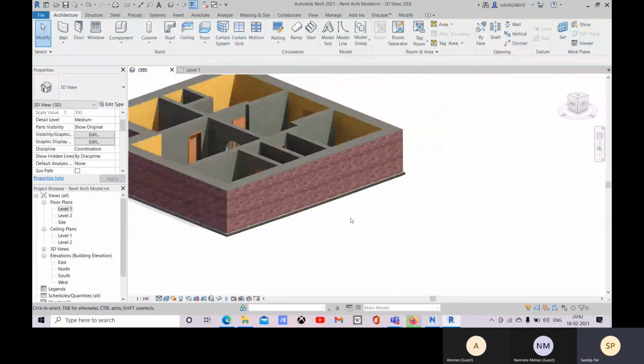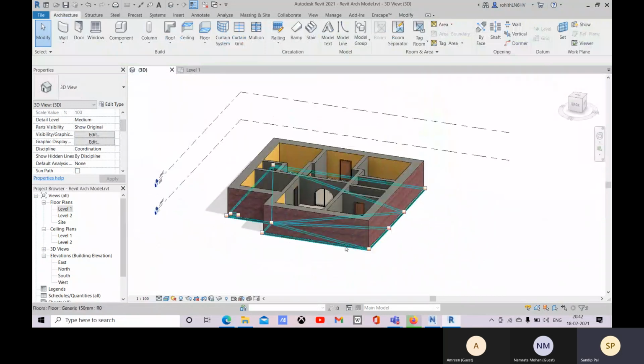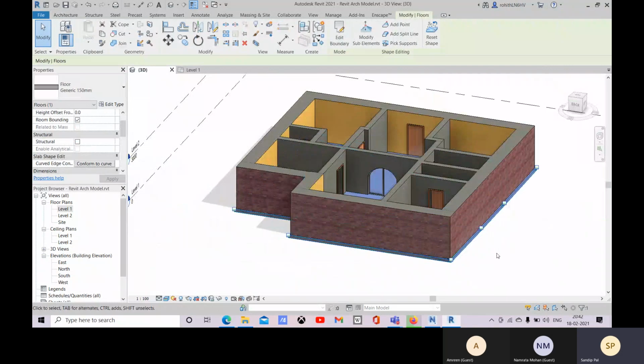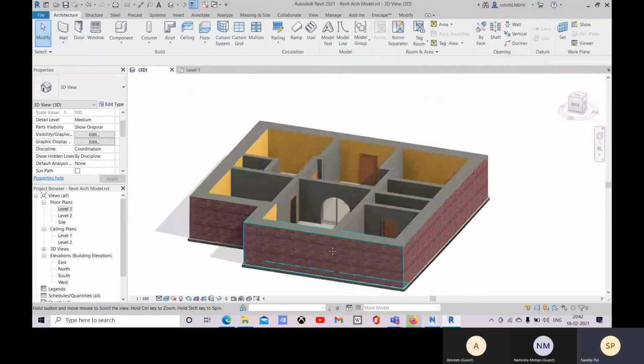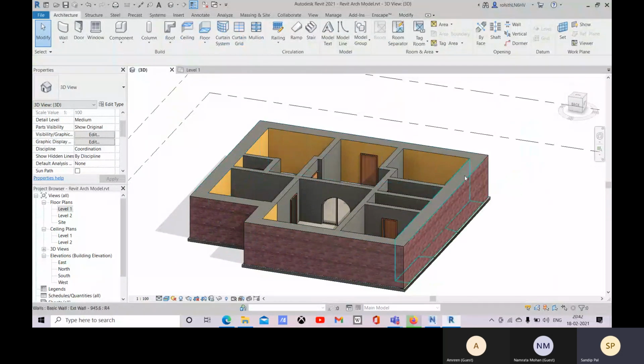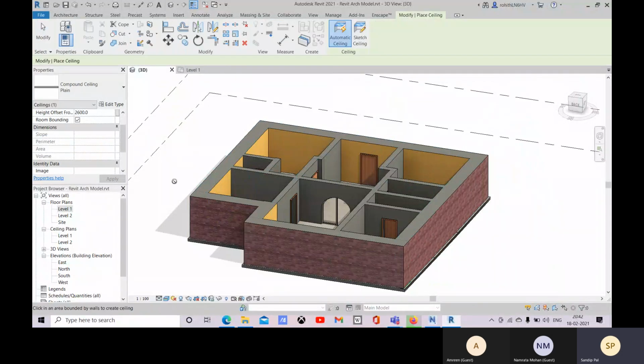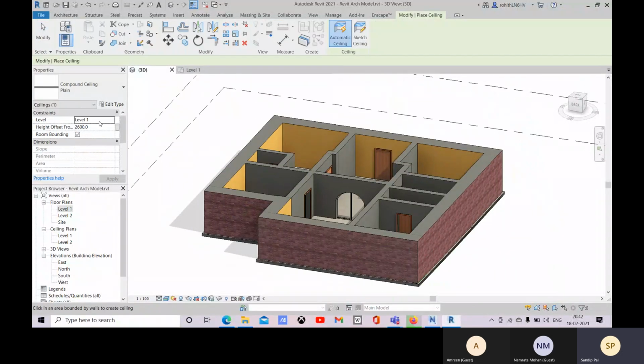Okay, so now what I was going to show you. I have created this floor, and for this I will be creating a ceiling. So I'll choose ceiling, and it will be placed on level 1.